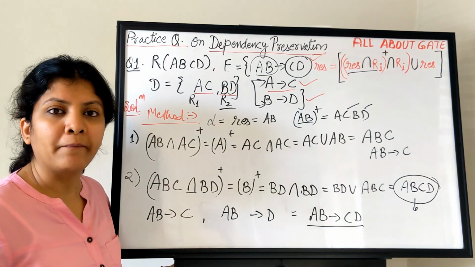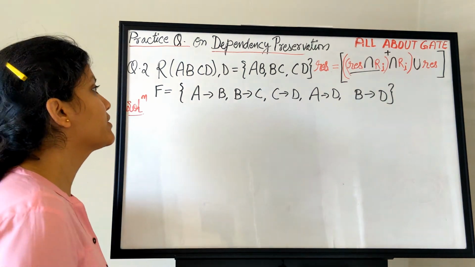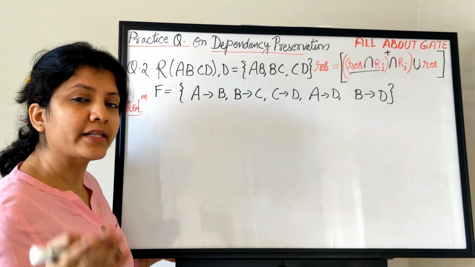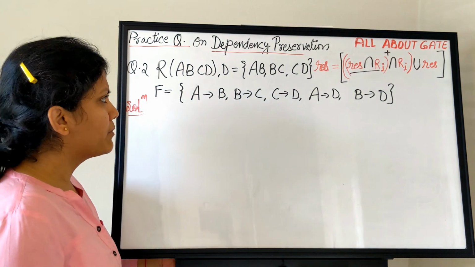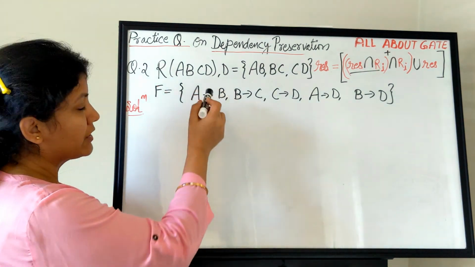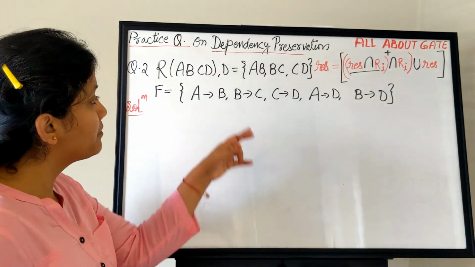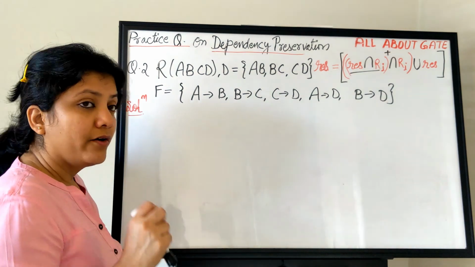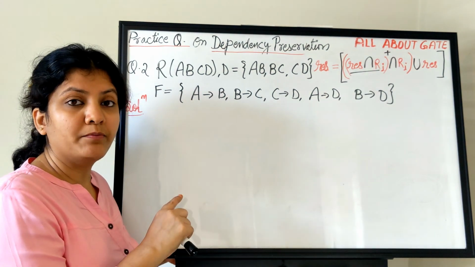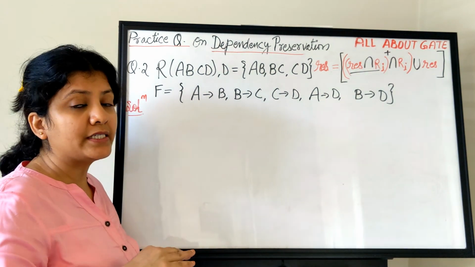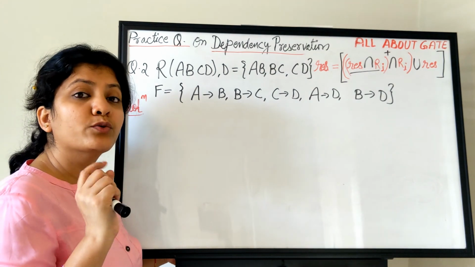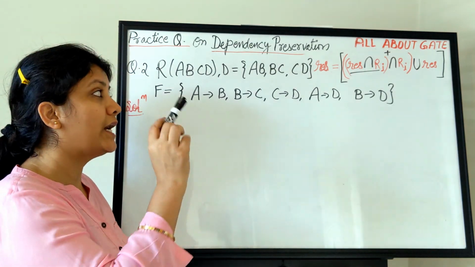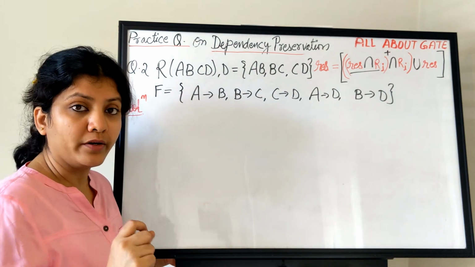Just think logically. Alright, so we have the second question right here on the board. If you want, you can do it on your own, and then come back and look for the solution. So I'm going to solve it right here. Relation R with 4 attributes A, B, C, D, and the decomposition set is AB, BC and CD. One more thing guys, for each and every question, because the decomposition set, FDs and relation are given, don't only check dependency preservation, also check for the lossless join property, whether they are lossless or not.